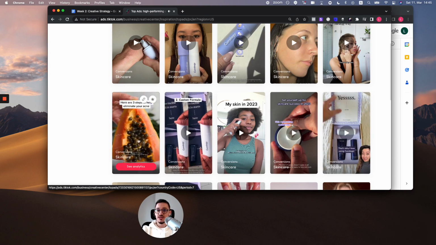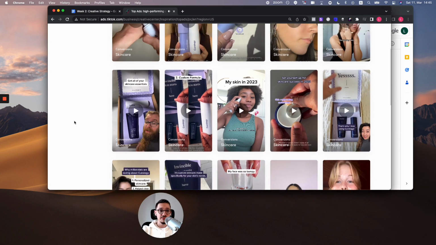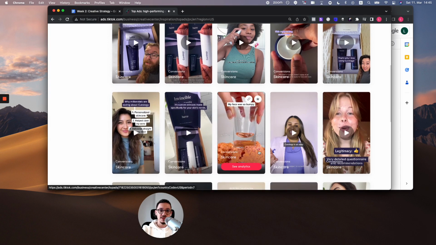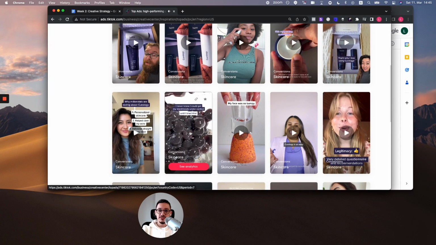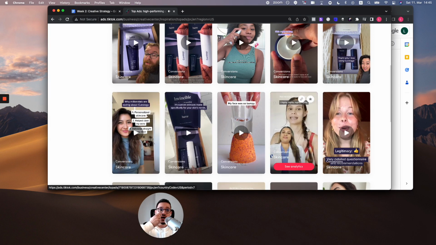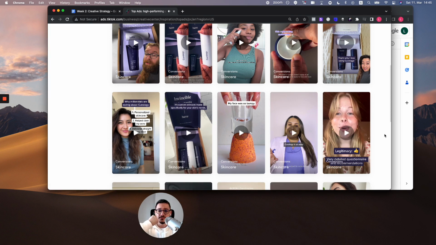Unboxing experience. Another eye-catching hook that's bizarre, nothing to do with the product, but it's just eye-catching. I would say same thing here. Yeah, same thing here. You see that they're using a lot of hooks that are totally unrelated to the product, but apparently it's working for them because they're doing a lot of them. You won't be doing that many bizarre hooks if they are not working for you.